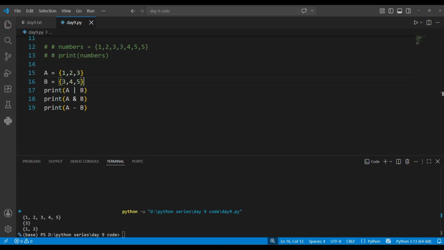Suppose students who registered for a course: Rahul, Aman, Priya. Students who actually attended: Priya. Difference gives students who registered but did not attend. Result: Rahul, Aman. This is very useful in an attendance system. Now let's learn the last and most interesting operation,